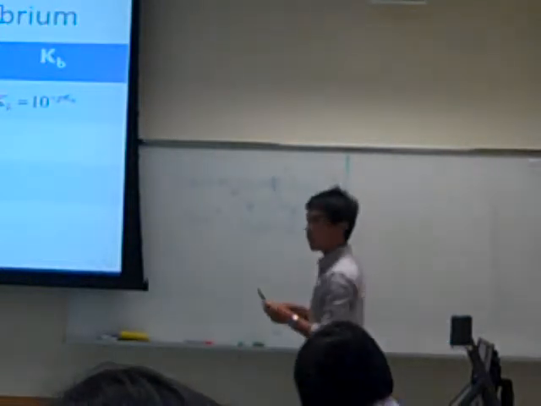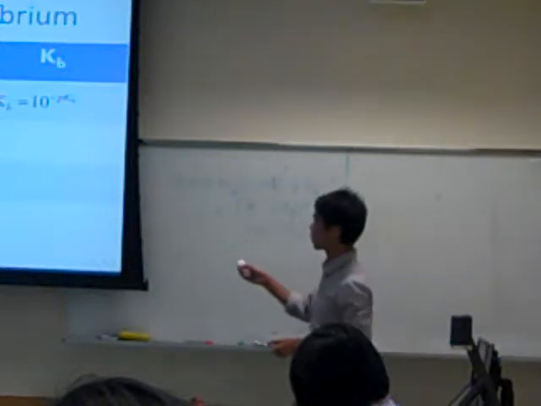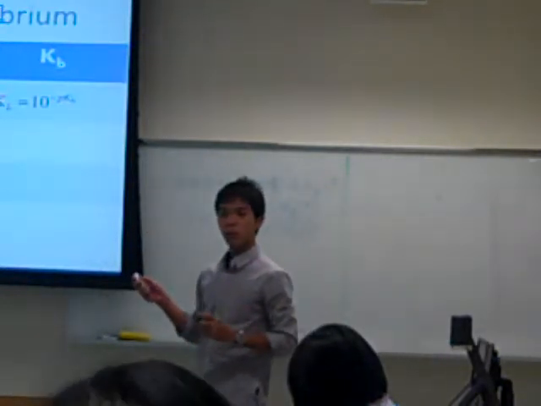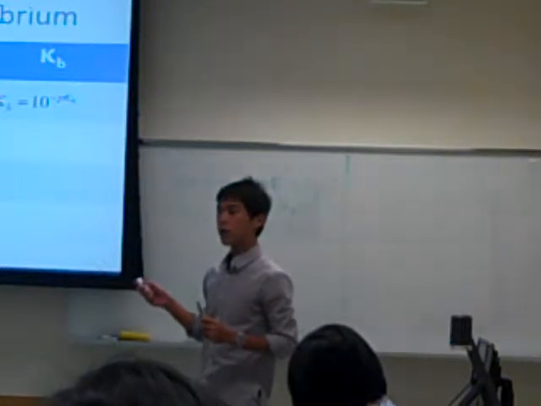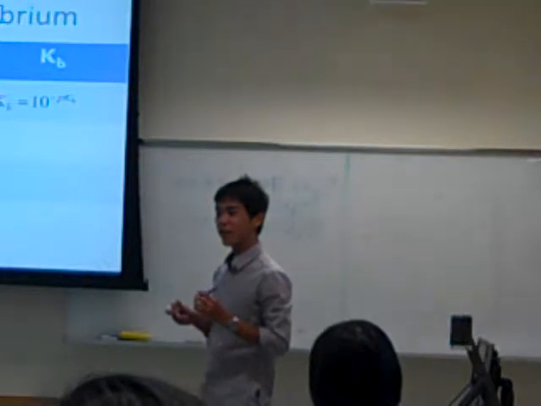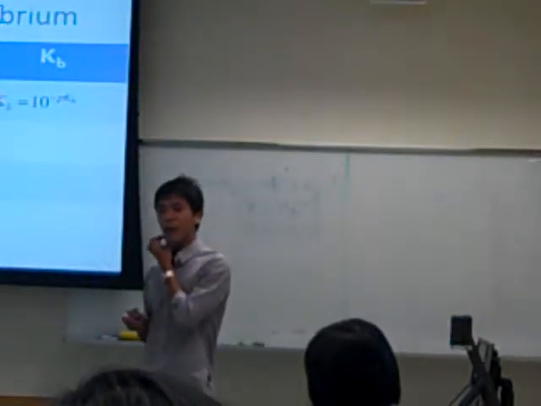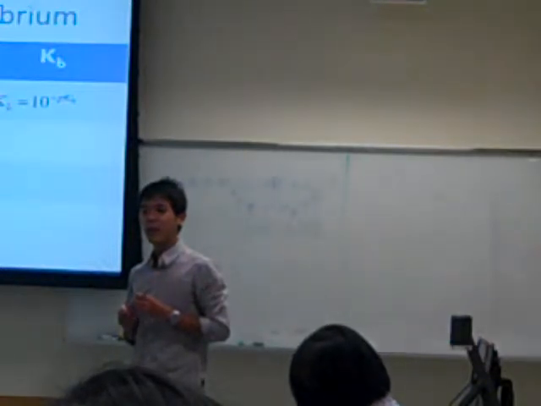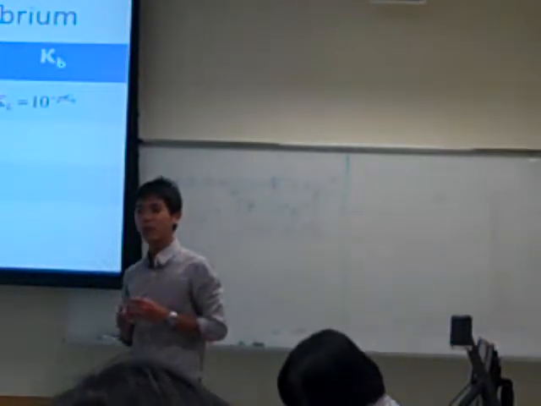do you still remember the reason I gave you for why water is not inside this expression for Ka? Why is it so? Water is a very large volume. For example, if I have 1 dm cube of water, can anyone tell me what is the concentration of water in 1 dm cube of solution?